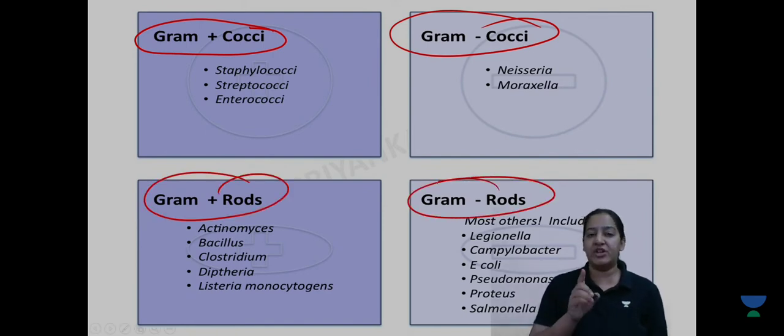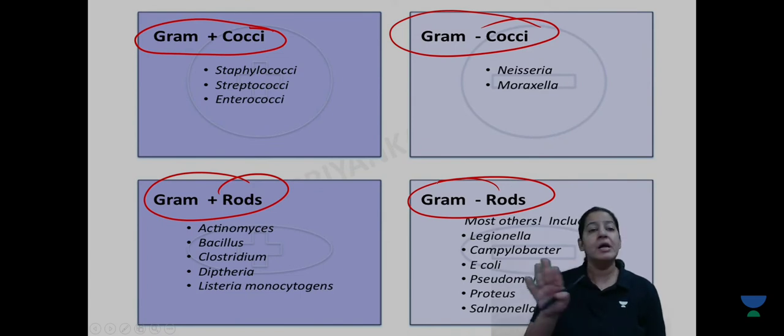You should know this classification because when I teach you each individual category, I will teach you the spectrum of that particular antibiotic group. Just suppose I start the first chapter, sulfonamide. What is the spectrum of sulfonamide? Which bacteria is it killing? What is the spectrum of aminoglycoside? What is the spectrum of tetracycline?